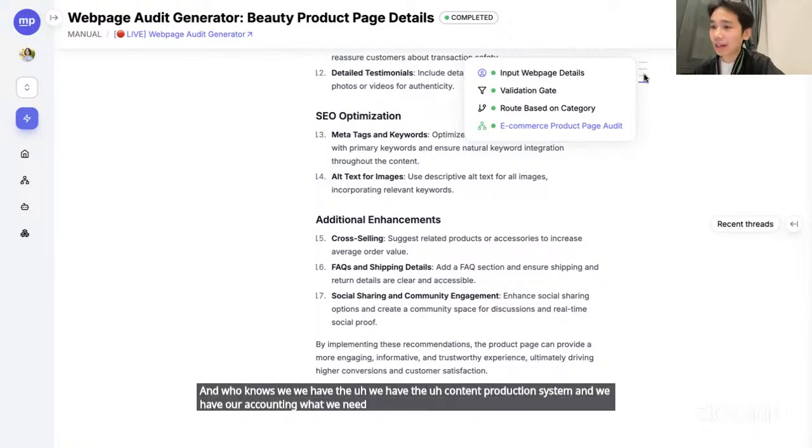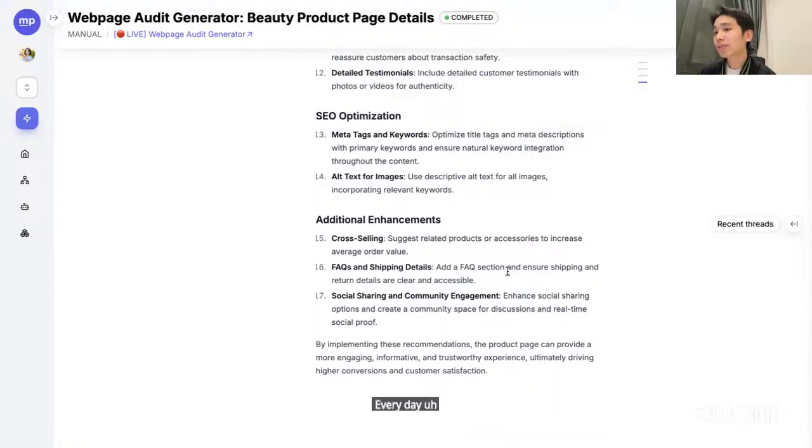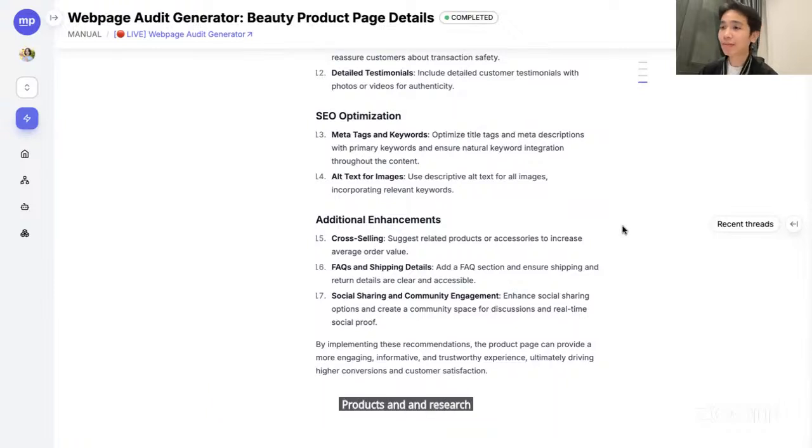We have the engineering work and the product planning and coding we need to do every day. And all of that work, we have around 6 or 7 workflows we use for marketing, 2 or 3 workflows for accounting and finance, and I even have some more workflows for products and research. But my struggle every time I use the current version is that I need to